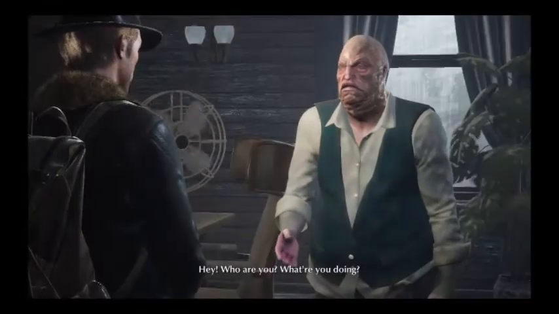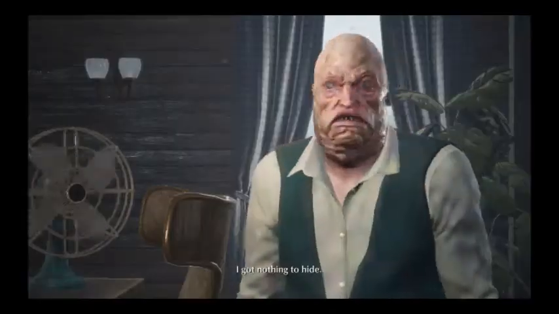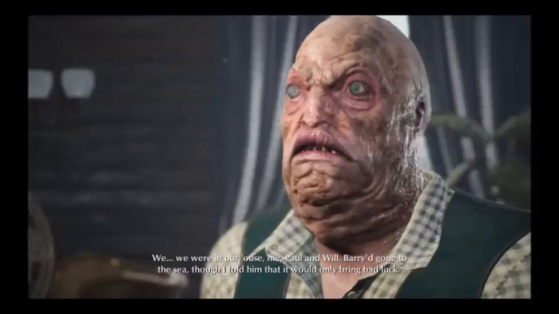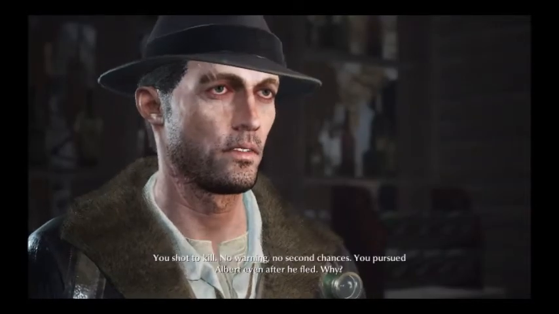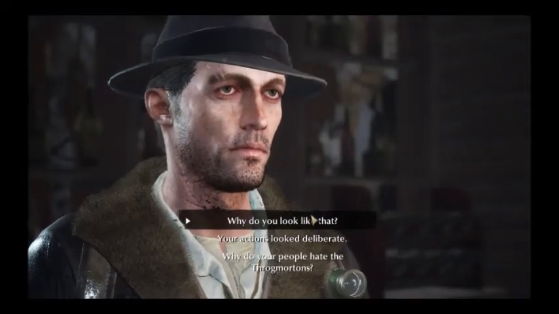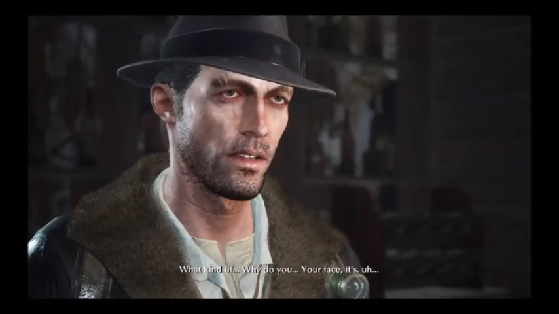Hey, who are you? What are you doing? Charles Reed. Ugh. Calm. I got nothing. So anyway, how do I start? Right, with that ape. You shut. And me. So anyway, time to ask the potentially racist question. What kind of... why do you...